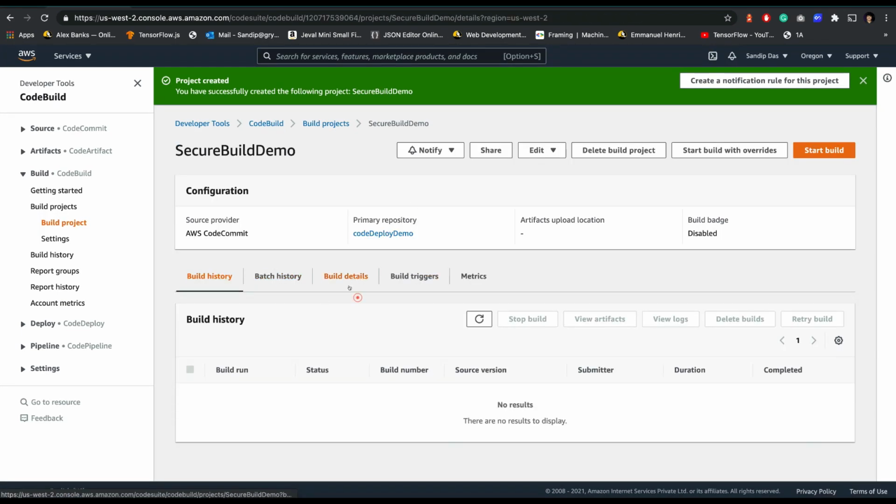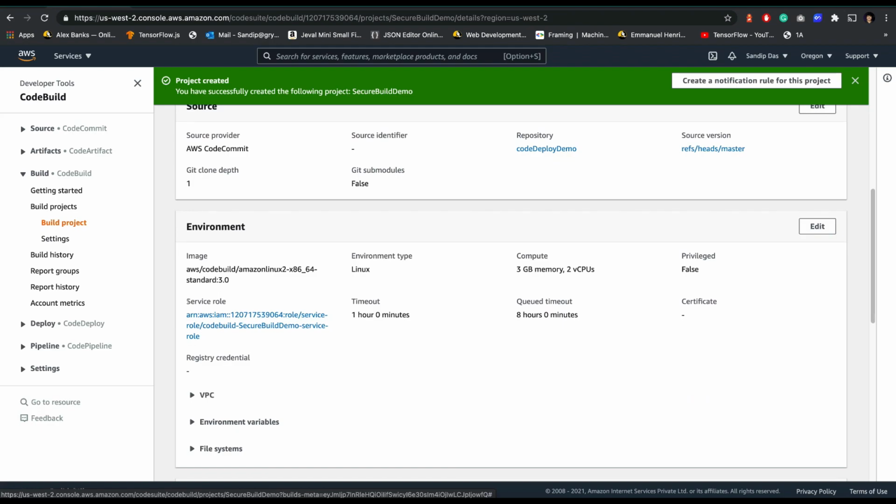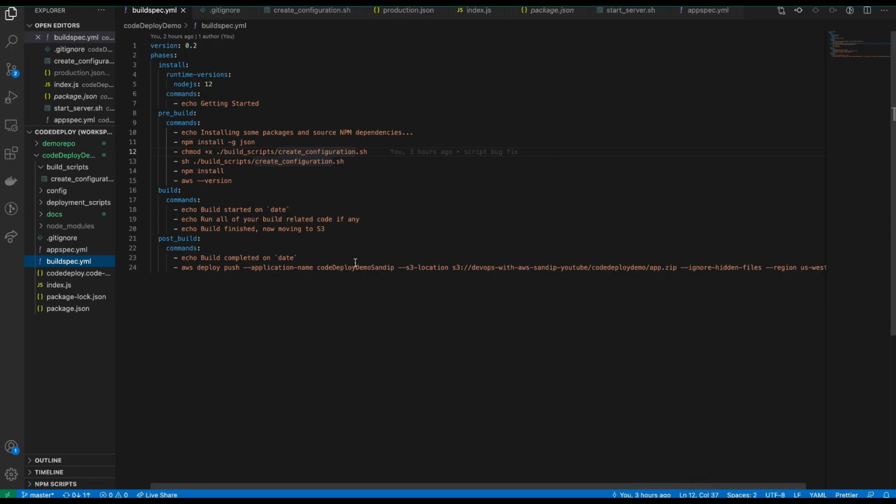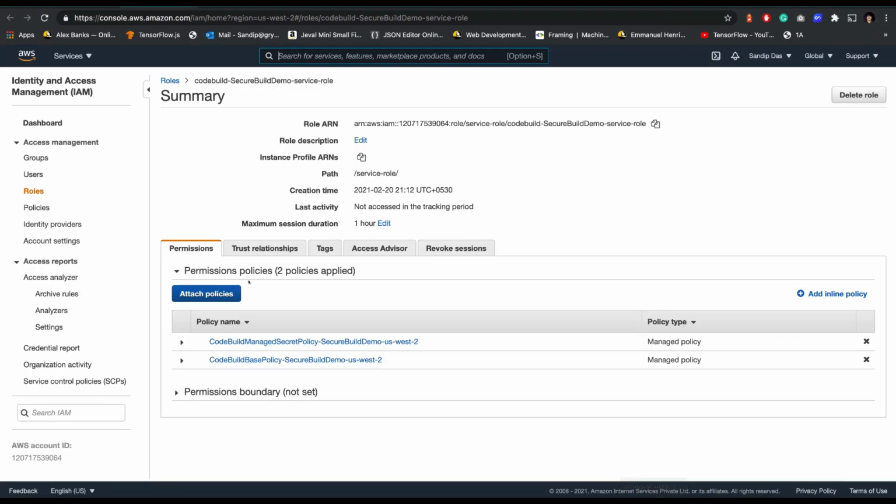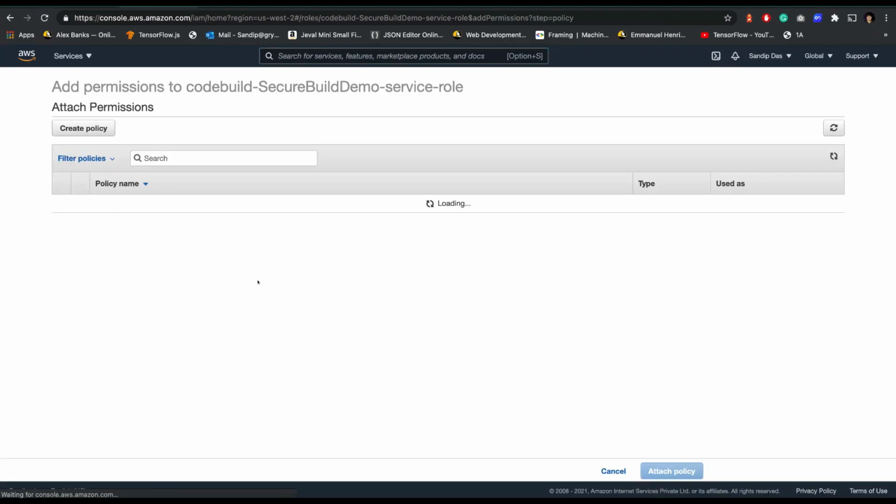Click on the build details. You will find the service role here. Click on that. For this to work, what access do we need? We need of course the S3 access and the CodeDeploy access. Let's do that. Attach policies. Oh, of course the SSM also.